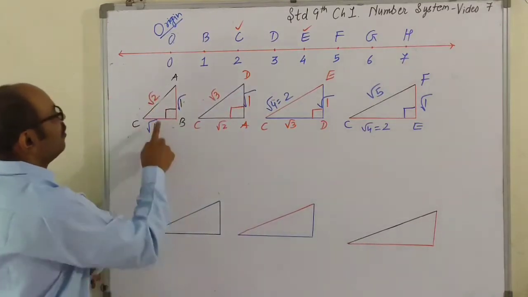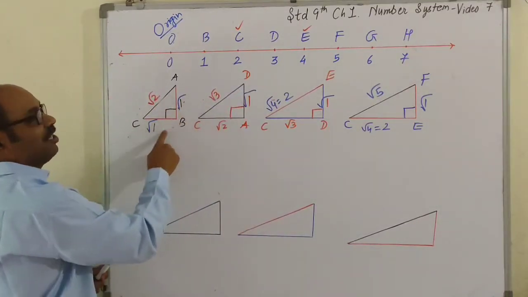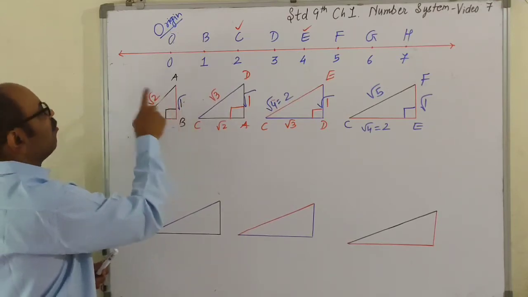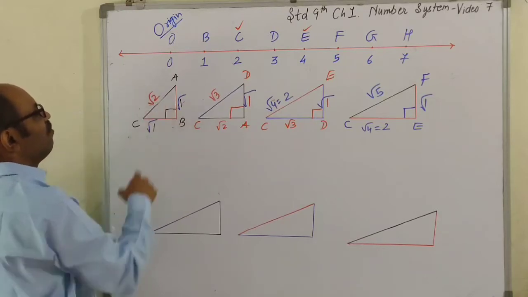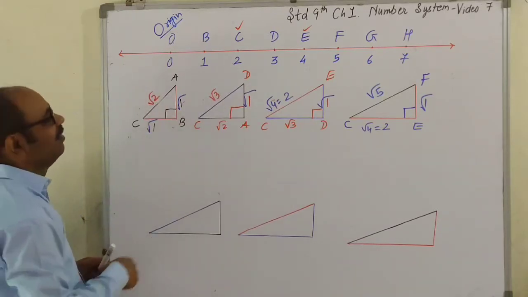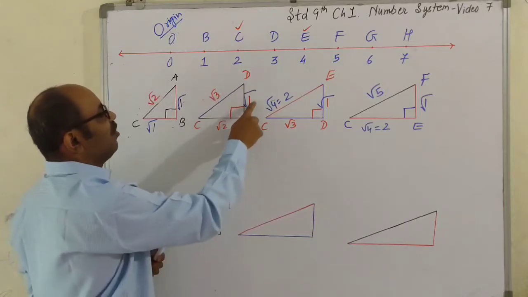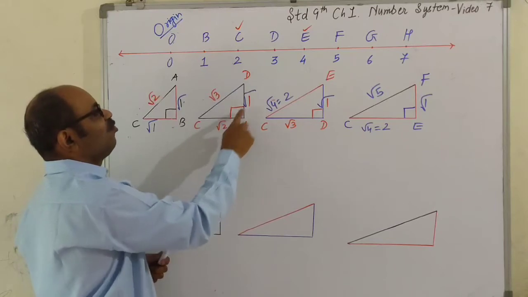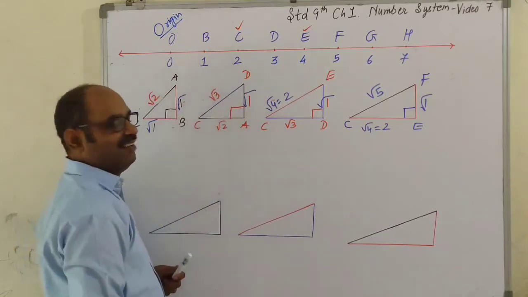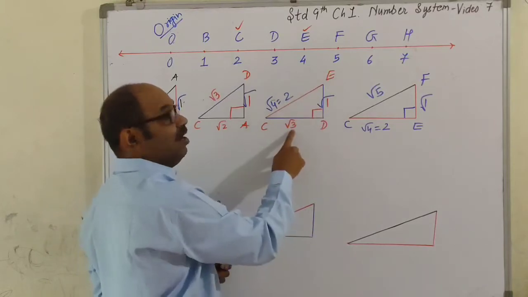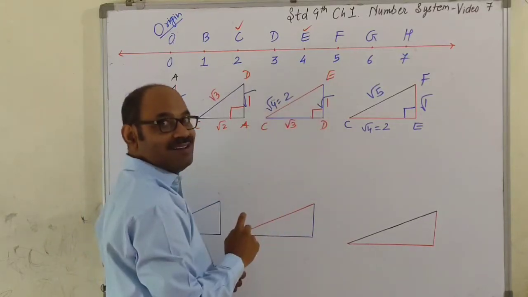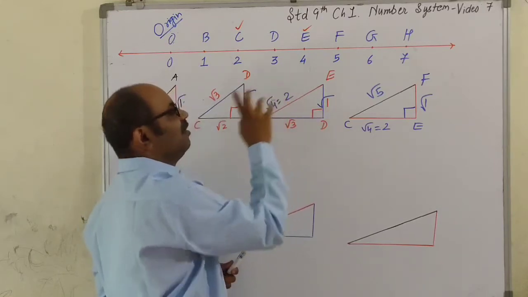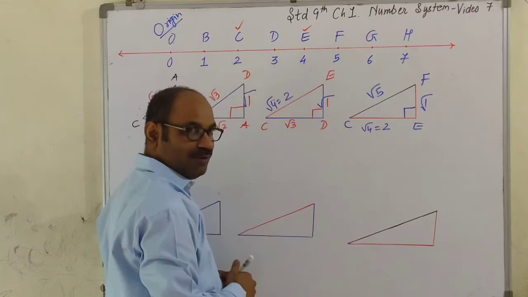Now you observe. The two sides which are perpendicular to each other, two sides making right angle: root 1, root 1. Then what will be the hypotenuse? Root 1 plus 1. Observe करो बराबर. What are the two sides forming right angle? Root 1, root 2. So what is the length of the hypotenuse? 2 plus 1, 3 and root 3. What are the sides forming right angle? Root 3 and root 1. So what is the hypotenuse? 3 plus 1, 4 and उसका root which is 2. Square root of 4 is 2.